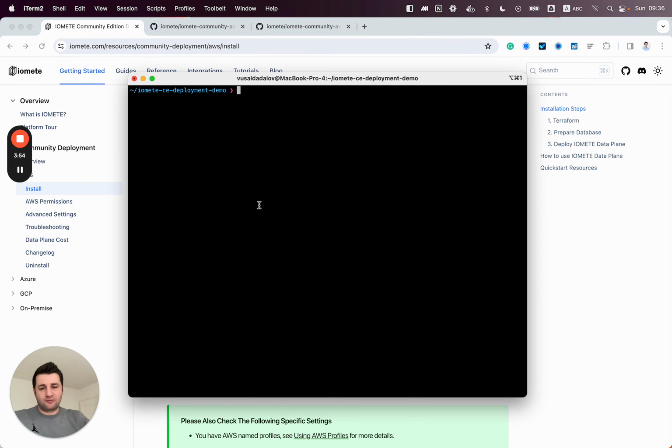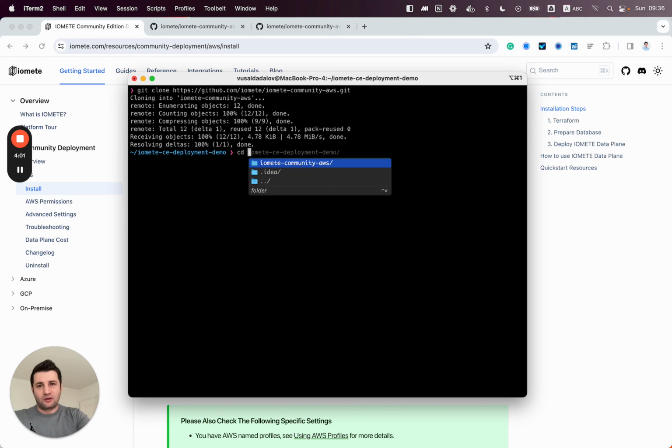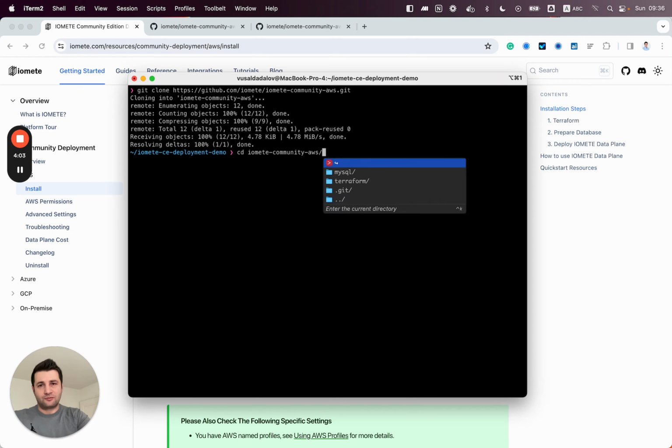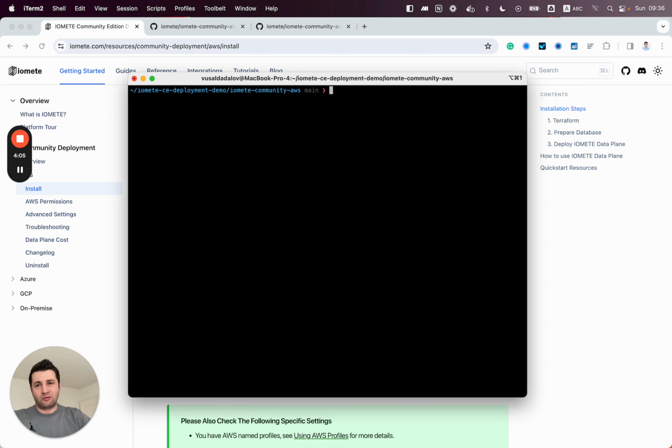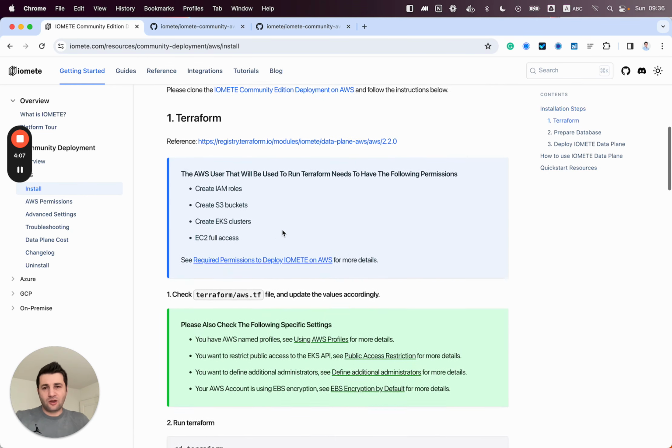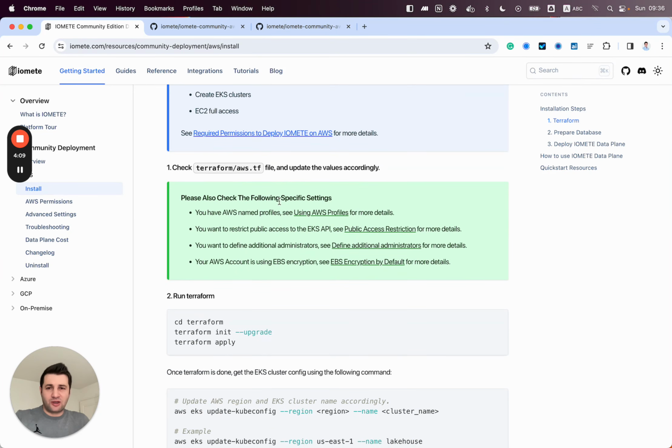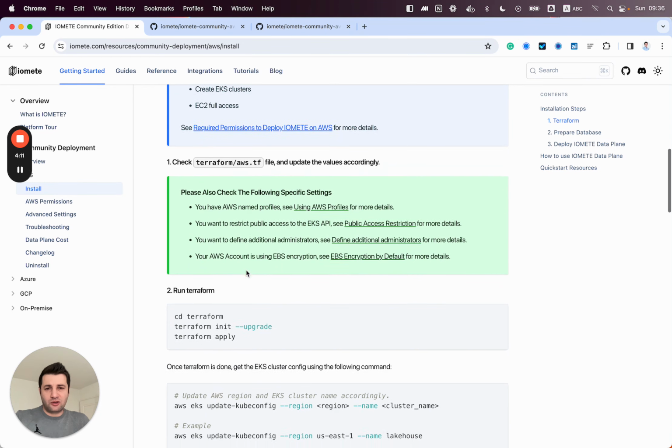Let me do the clone, change directory. Yeah, now I'm in the directory. Okay, there are some additional settings. You can have a look here.